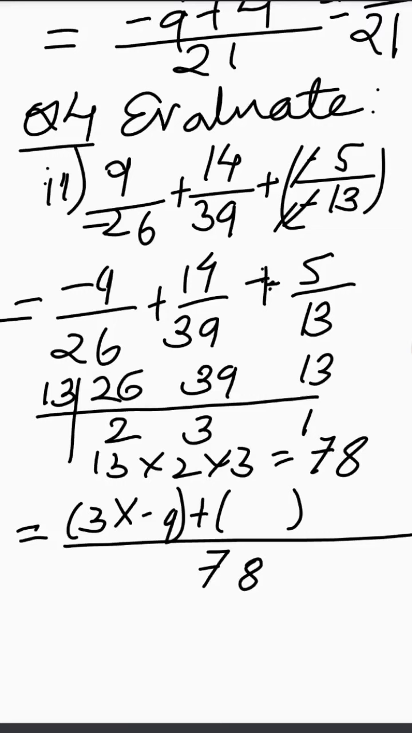78. First you will divide this 78 by 39. So what is left when you divide 78 by 39? 2. So answer will be 2. And multiply this 2 with the numerator. What is the numerator? 14. Then what is the sign? Plus. Again, children,